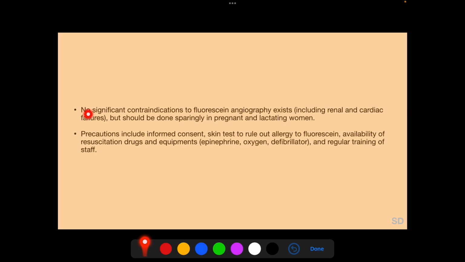No significant contraindications to fluorescent angiography exist, including renal and cardiac failures, but fluorescent angiography should be done sparingly in pregnant and lactating women. Precautions prior to fluorescent angiography include taking an informed consent, performing a skin test to rule out allergy to fluorescein, ensuring availability of resuscitation drugs and equipment such as epinephrine, oxygen, and defibrillator, and regular training of staff to